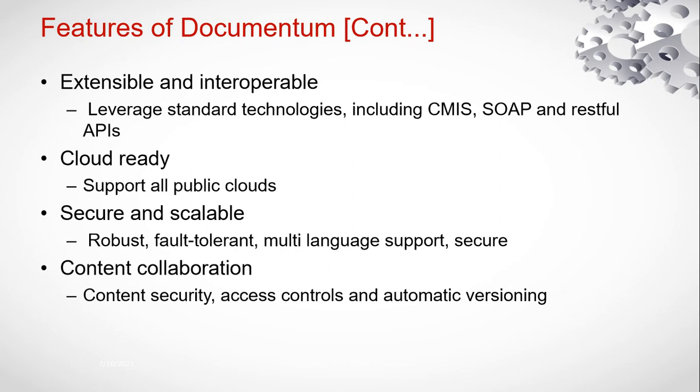And content collaboration. It provides a wide range of functionality for collaborating between teams. If you have multiple teams working on one project, and they need collaboration on specific documents, the content management system Documentum provides that kind of functionality as well. So it is helpful for content collaboration too. These are the very high-level features Documentum provides. When you start digging into each of these concepts in the coming slides or coming sessions, you will know how Documentum provides each of these functionalities.